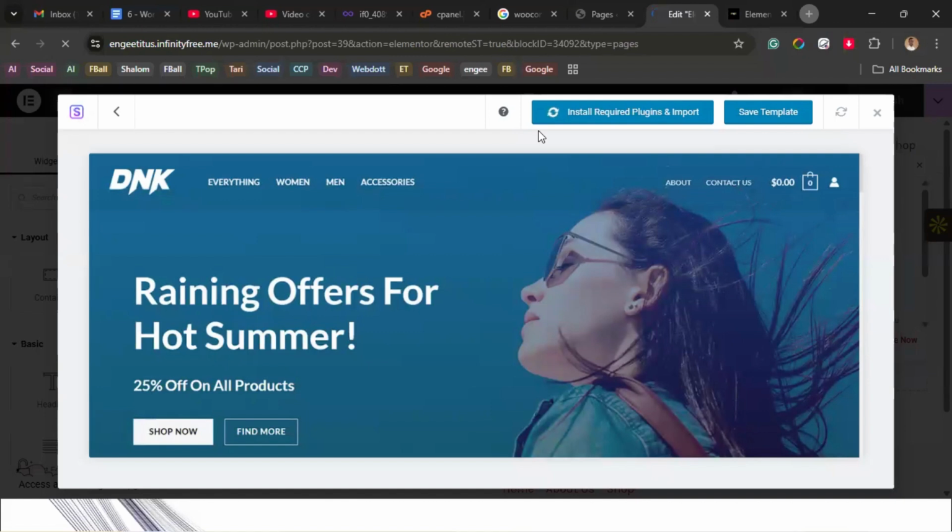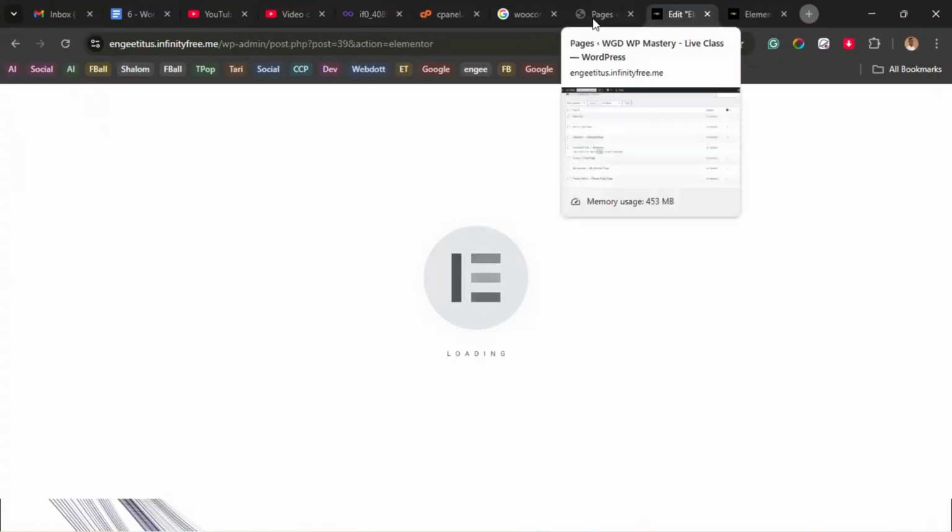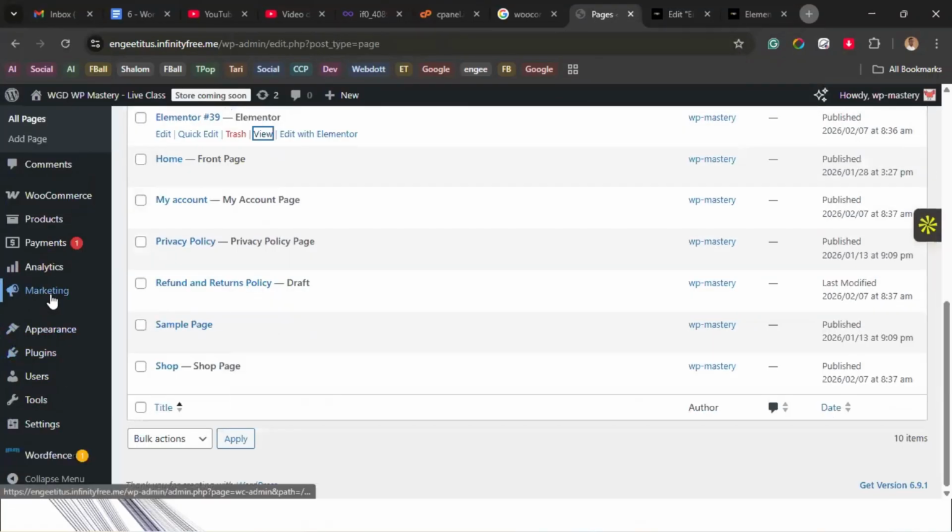Why is it taking me back? I've done that already. So you could just go play around with this, install it. I can install a page. I can install a section. While it's loading, let me show you how. If I come back to my plugins,